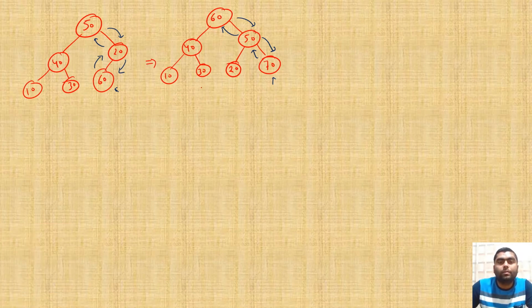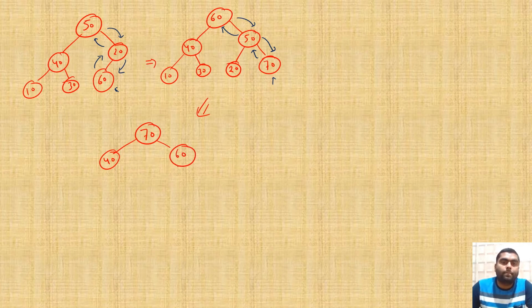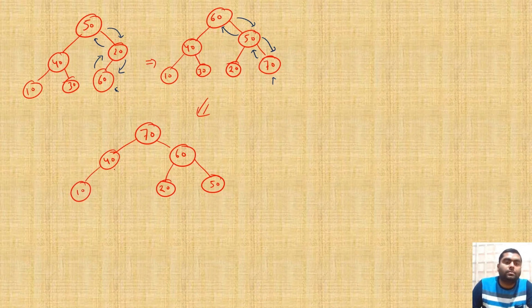The final max heap after this particular step is what? 70 will be at the root. Left is what? 40. Right is changed to 60, and right of 60 is what? 50, and left is the same. So what is the same value? 20. Left and right of 40 are 10 and 30. So this 10 and this 30.